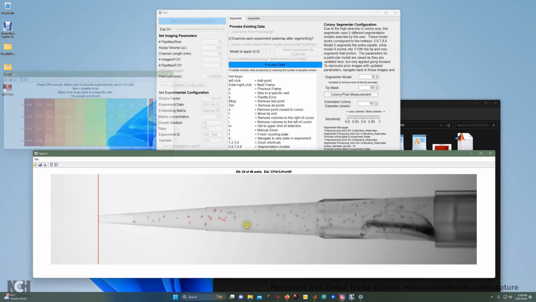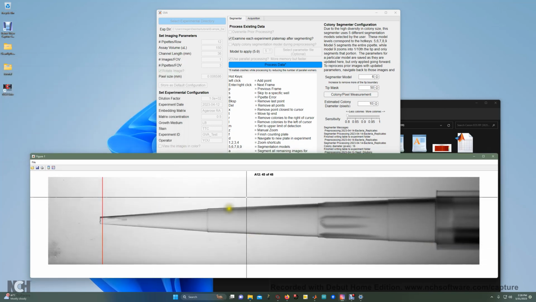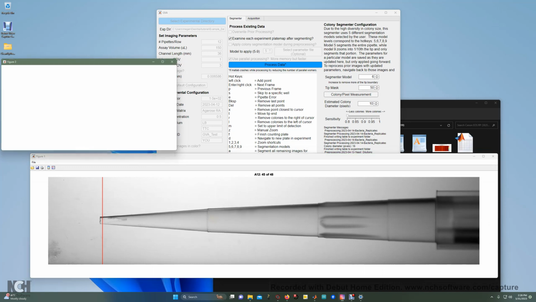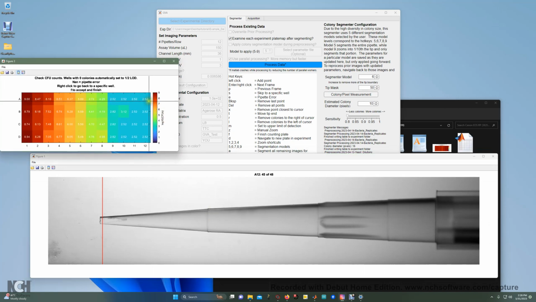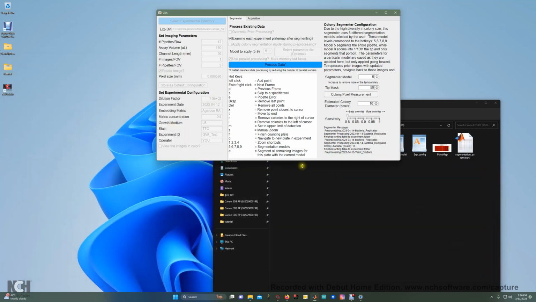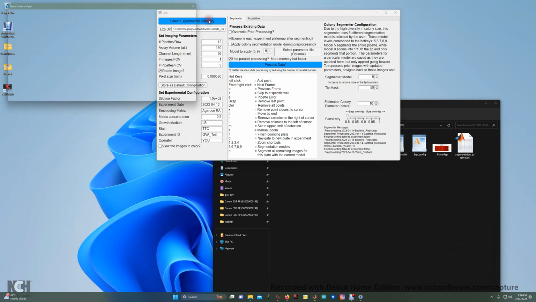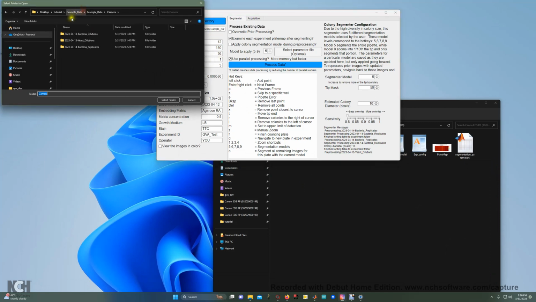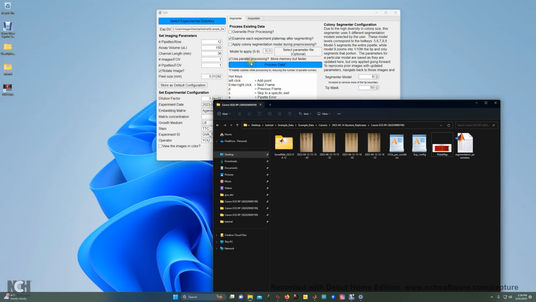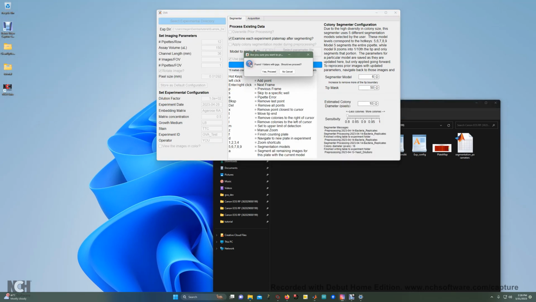So for these ones out here, no colonies are in the pipette tip, and the segmenter automatically, instead of putting a 0 here, which then creates negative infinities, just sets it to half the limit of detection, which is determined based on the dilution that you put in there. So after I click finish there, the last experiment to examine, we'll look at iPhone data, bacterial dilutions. So now if I click process data,